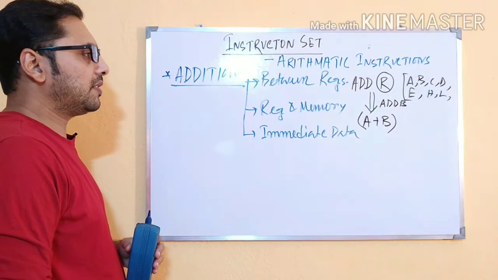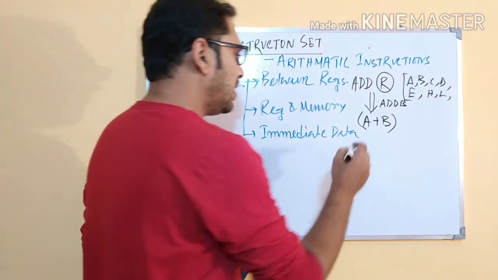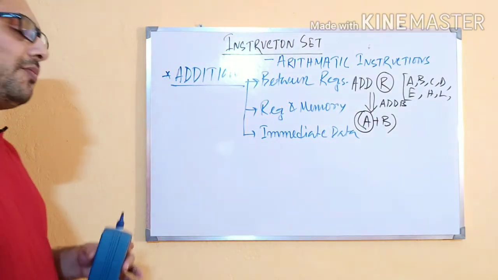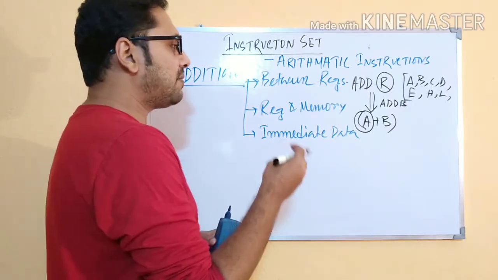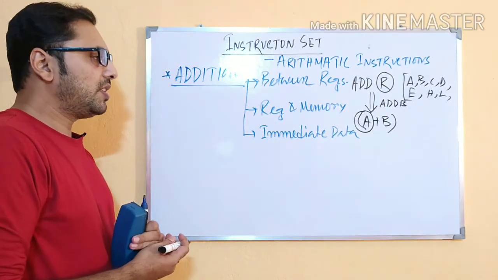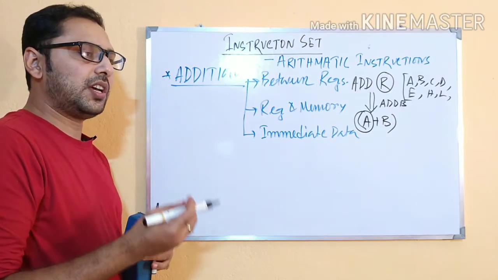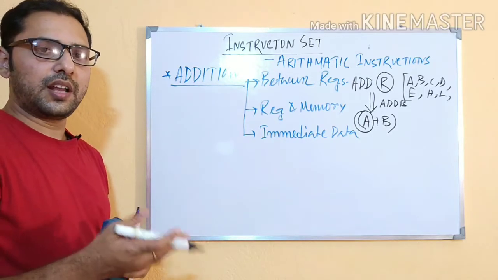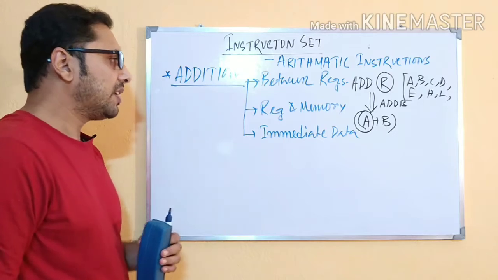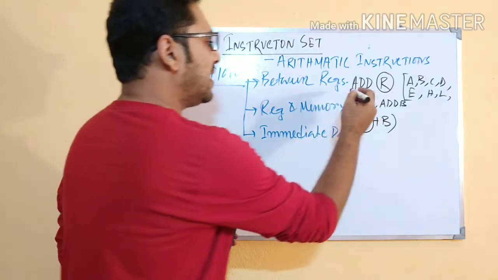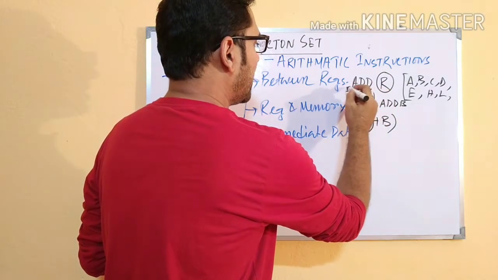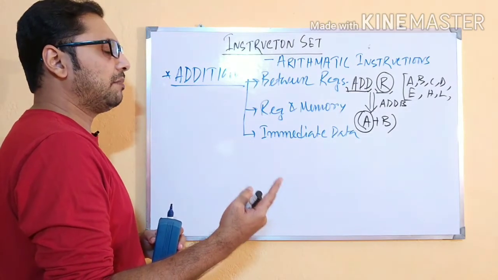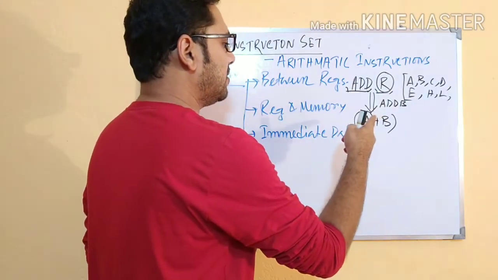If I write down add B means it will perform A plus B. Now in this case we need to remember, in case of addition, accumulator has been taken implicitly or taken for granted. You can understand in this way also. Now why I am saying this one? Because we need to remember that all the arithmetic and logical operations are performed within accumulator itself, because accumulator is the part of ALU, arithmetic logical unit of 8085. So add R means, this is the mnemonics, as you know, if I break I will get an opcode and an operand. So you might be thinking the operand is R itself, but here actually operand is A plus R.